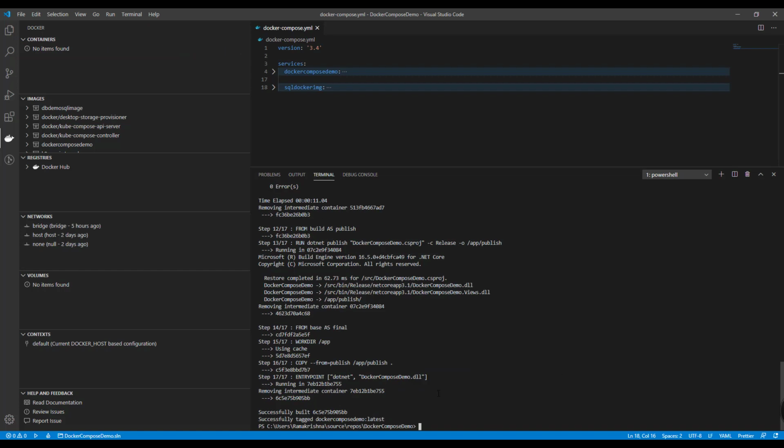So our Docker Compose build successfully executed. You can run directly from docker compose up or compose down, or else you can use a command.